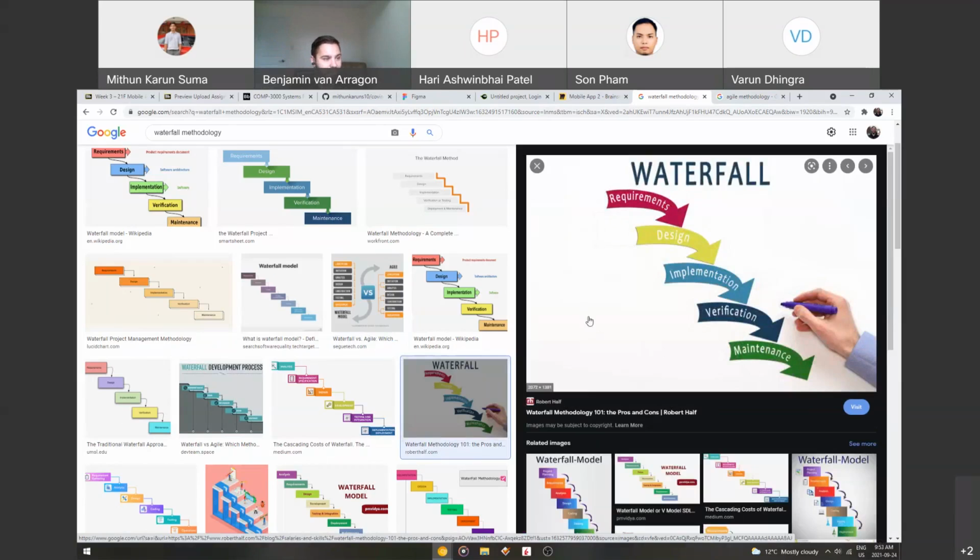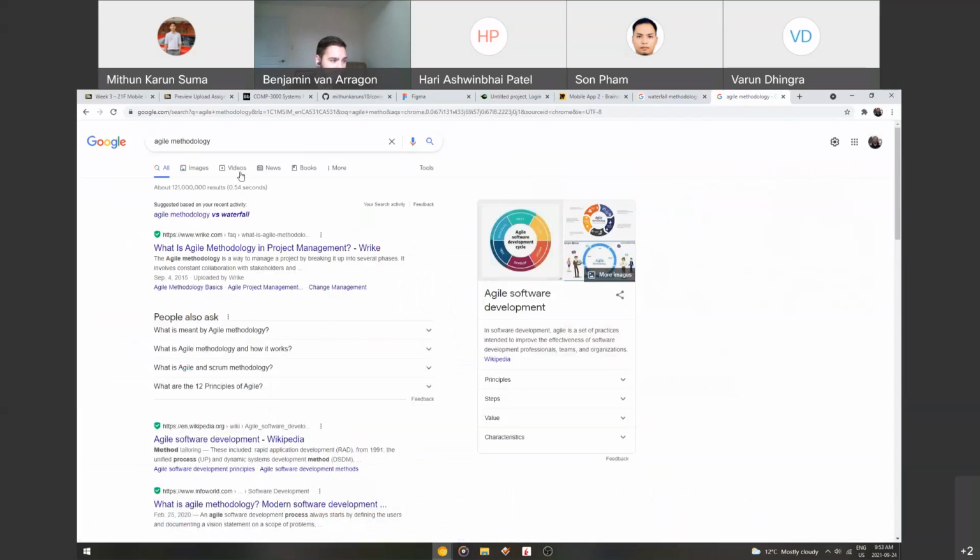And then it's a very, very slow process because you have to get all the design done and finished first, and then you can move on and do all the implementation. And then when that's finally done, you can move on. Then you do all of the testing and the debugging, and then you can move on. Whereas with the Agile approach,